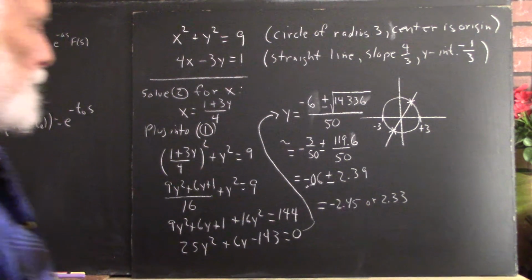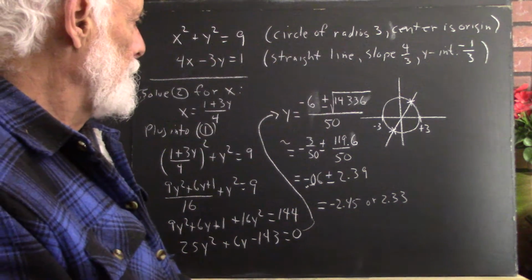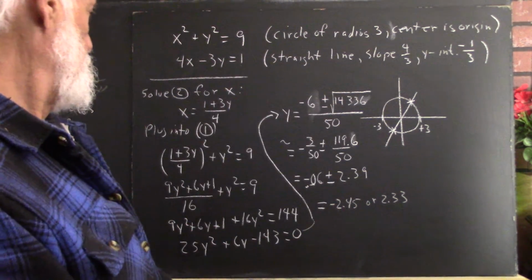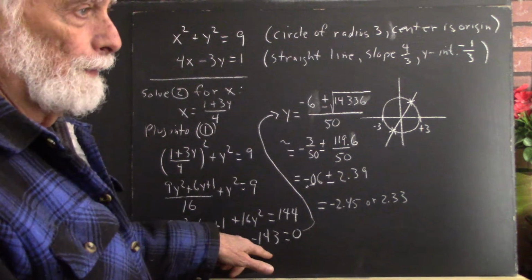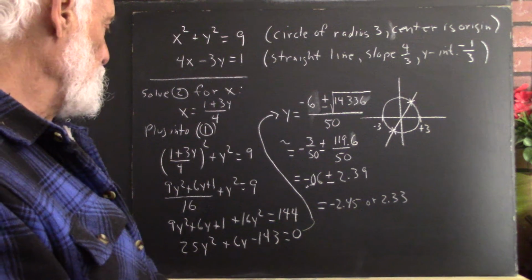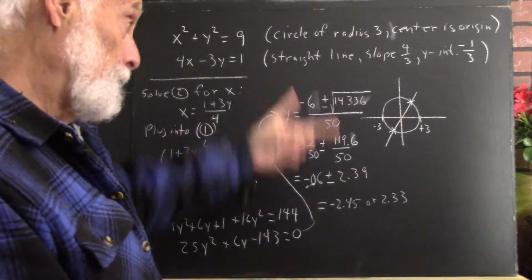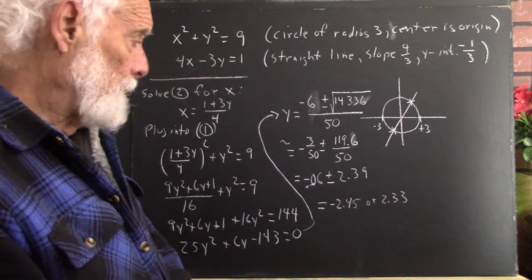But again, I'm not seeing where the error might be. I'm pretty sure that I'm close with this square root. I'm pretty sure that 4 times 25 is 100, and if you multiply that by 143, you get 14,300, and then add 6 squared. I think that's right. So I'm not sure